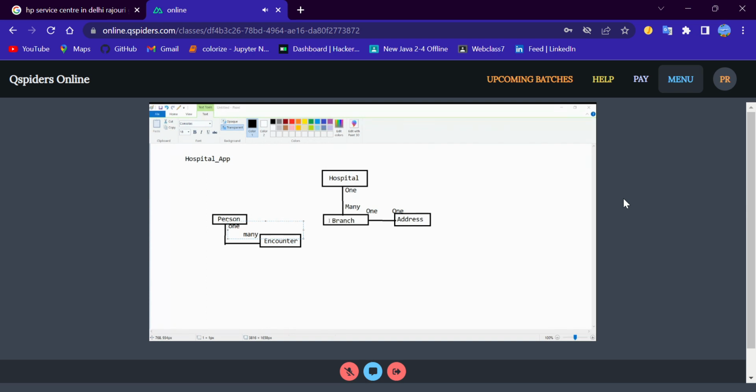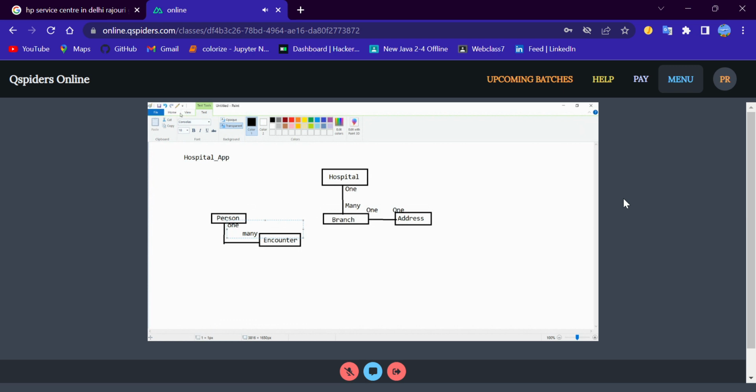Many, right? So one branch can have more encounters. That means more patients can be admitted to the hospital. So the relationship between, again, this branch and encounter will be like,